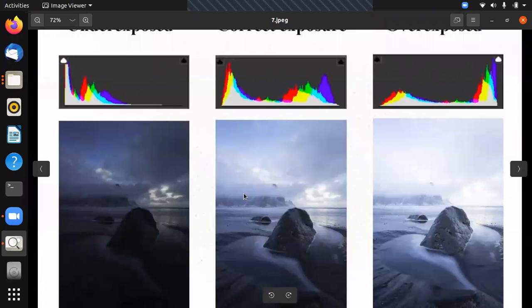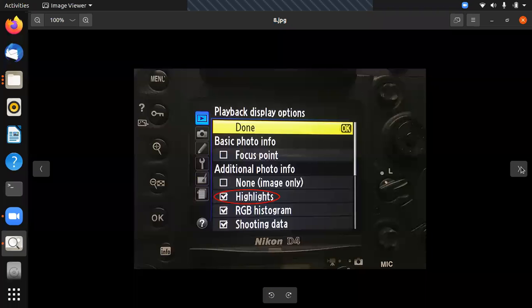In the middle, it is the properly exposed photo, so this particular histogram is evenly distributed. See, on the left-hand side, it is the underexposed photo, so the histogram is trending towards the left-hand side, towards underexposure, towards darkness. Where the photo is overexposed, the histogram is tending towards the right-hand side. So this is the objective of the histogram.